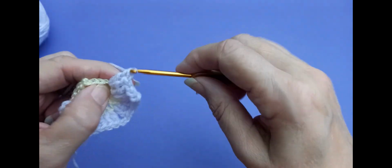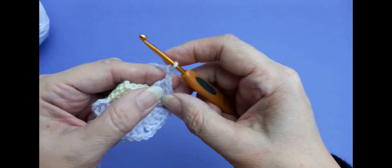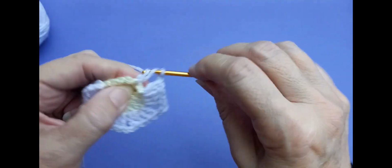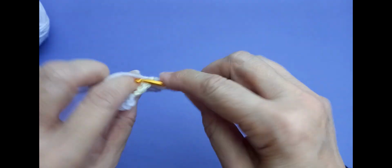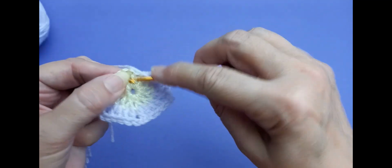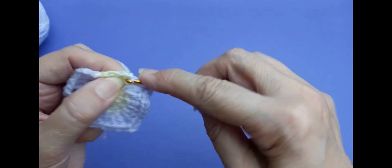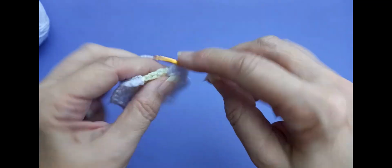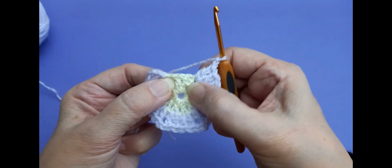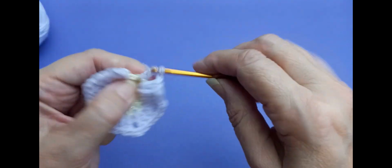And we should have 6 sections of 4, just like this. So chain 2, 1, 2, move to the next stitch, and we're going to put 2 into the top of that one, 1 and 2, move to the next stitch, there it's there, so into the top of this one, 1 and 2. We're going to chain 2, 1, 2, then we've got 2 stitches left, this stitch and this stitch. So into the top of that one, put 2, 1